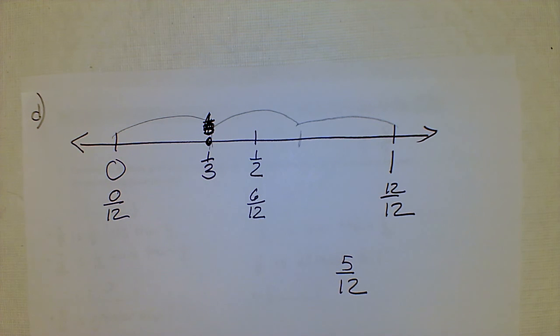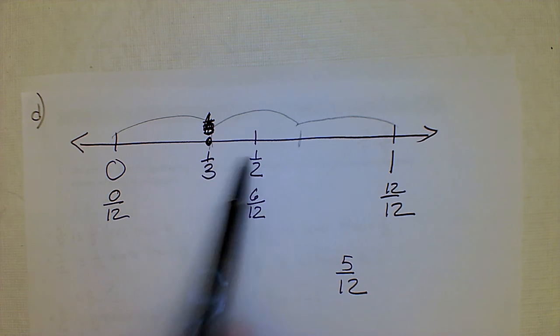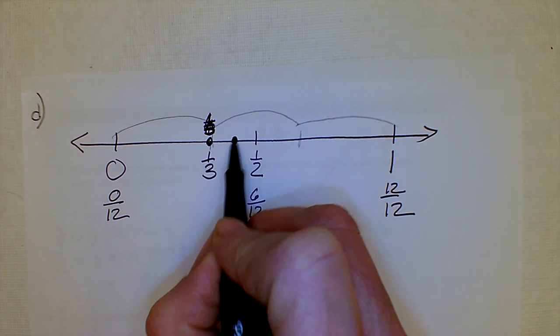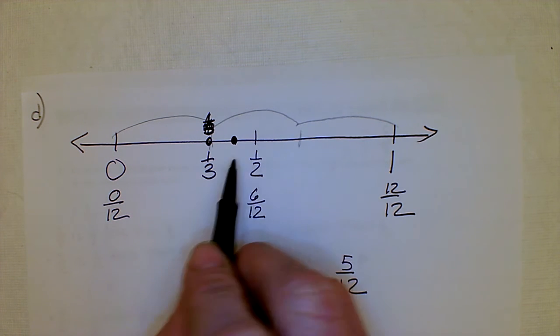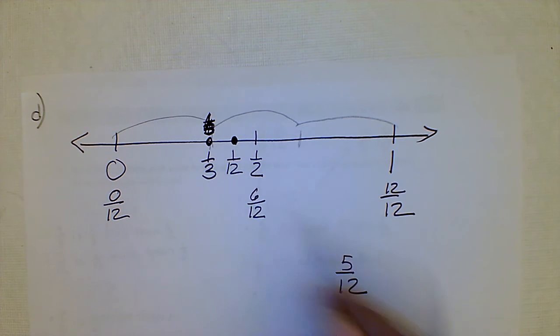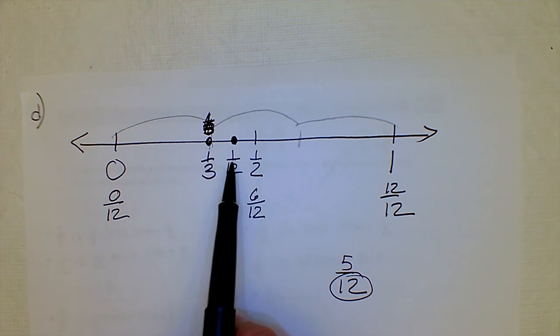So now we have to ask ourselves, this is 1/3, that is 1/12, which one do you think is going to be closer? Well, 1/12 is a teeny weeny itty bitty little bit, so I know that 1/12, because that's really tiny, is actually going to be really, really close to 1/2. Those are very small pieces, those 12ths. Remember that. Compared to a third, definitely. So now what you can clearly see is that this is the larger,